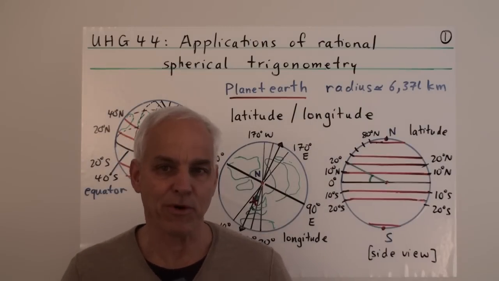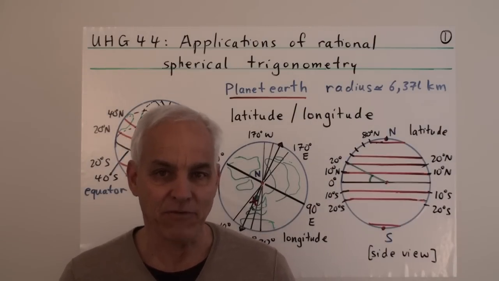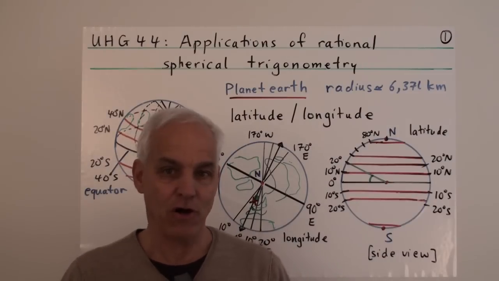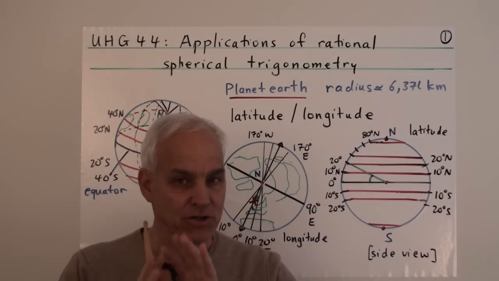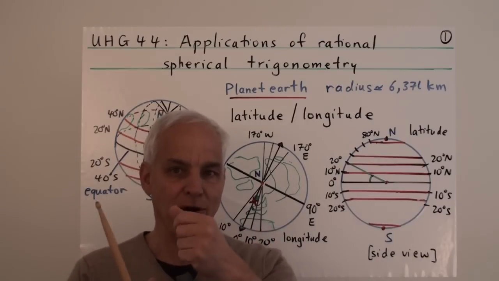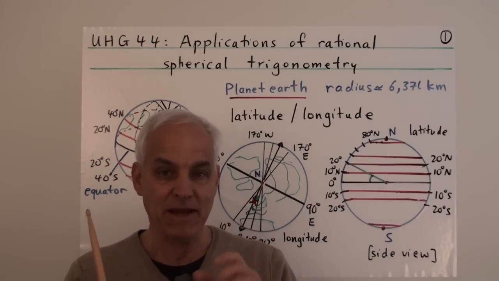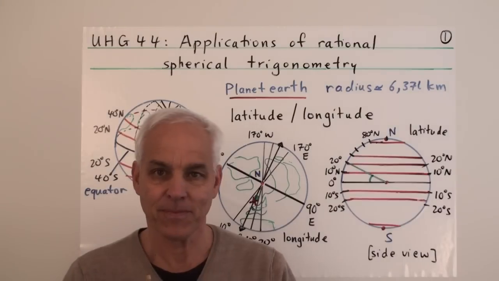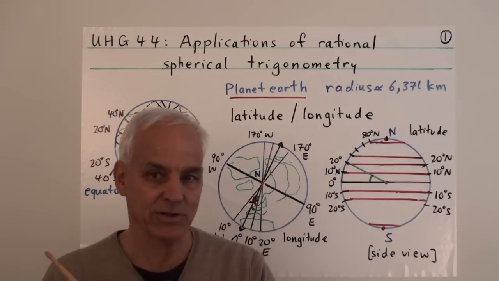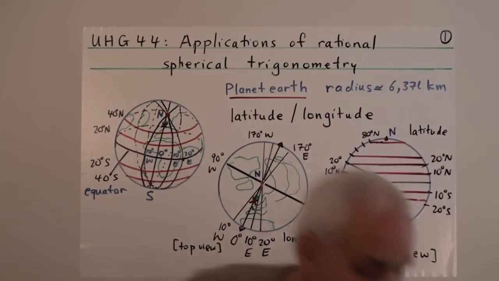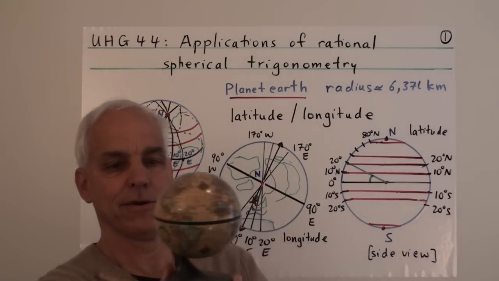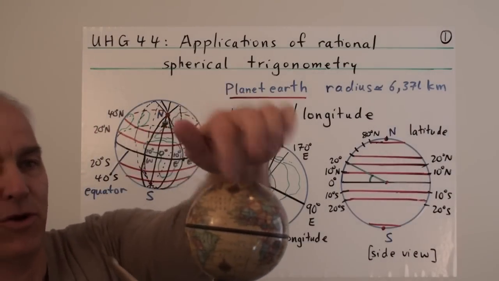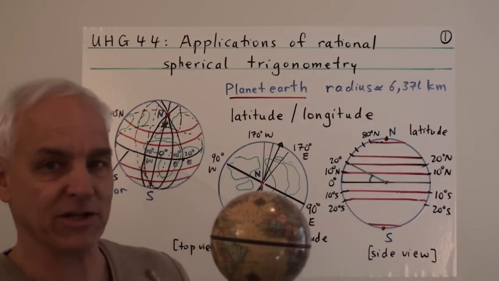Hi, I'm Norman Wildberger. Today we're going to have a look at a very important historical application of mathematics to understanding how to move around on a sphere and make some calculations involving triangulation. So we're going to have a look at the classical situation where we have some points on planet Earth, 3 points on planet Earth, and try to figure out how to get from one place to another.